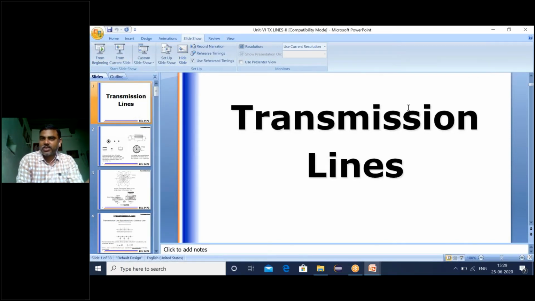So within transmission line part 2, we just have to see the transmission line equation, the primary voltage and current equation with respect to the different cases. And based on those transmission line equations for the infinite line and the distortionless line, we have to find out the reflection coefficient and the voltage standing wave ratio. And based on those, we have some applications also. So all those things you can know just by reading. Nothing complex in that. So that's the end of revision of EMTL with the 6 units.